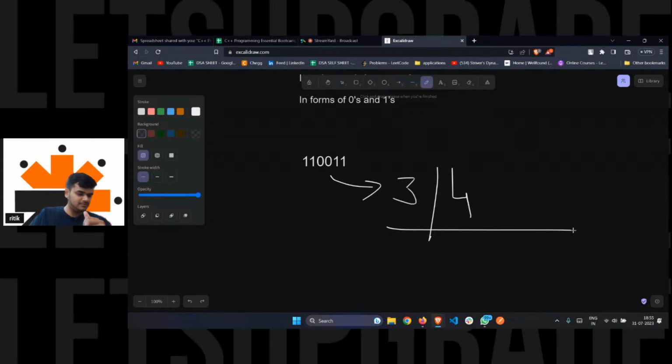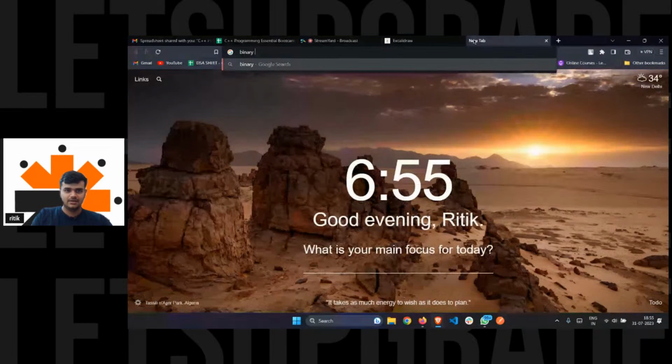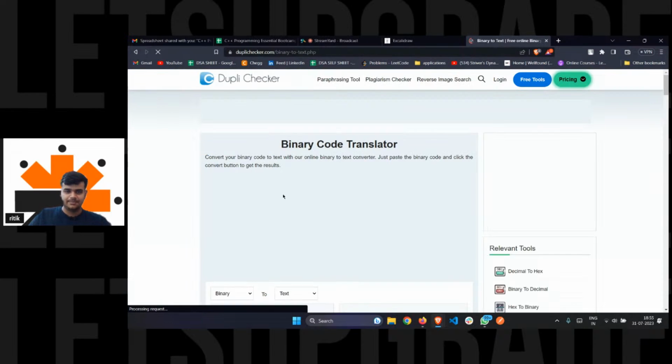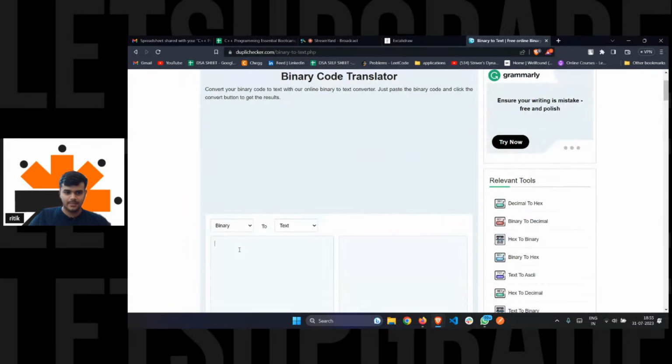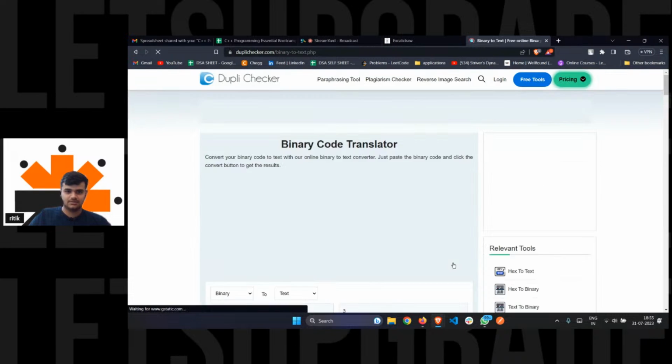It can be anything. 36 plus 16, no, not like that. For that matter, if you are confused, let me copy it out and use a binary to human level text converter. Let me paste the binary number here and convert it into text.